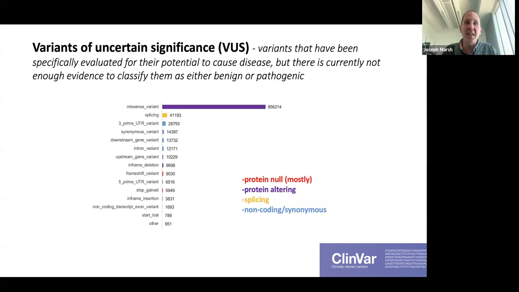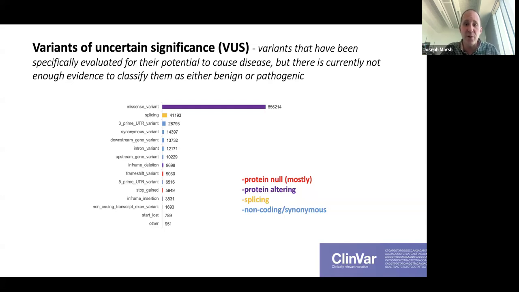Basically, it's pretty easy to tell if a frameshift or an early stop codon is going to cause disease, but it can be very, very difficult to tell whether a single amino acid substitution within a big protein is likely to be pathogenic or not. So to try to understand the impacts of these single amino acid substitutions, these missense variants, one thing that can be very helpful is looking at it from a protein structural perspective. In the past, studying human genetics from a structural level has often been quite difficult because for most human disease genes, there simply weren't experimentally determined structures available. But fortunately, that's changed a lot in the past several years.